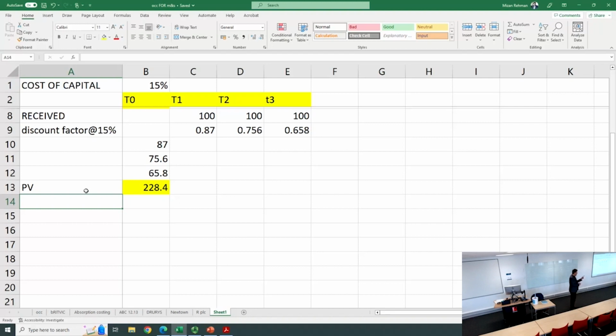£228.04. We have used present value table to do this and did it a longer way, but we shouldn't be doing it this way. We should be using an annuity table because it's an annuity. It could be done both ways, but it's quicker to do by using annuity table. So let's do it the quicker way. And for that, received